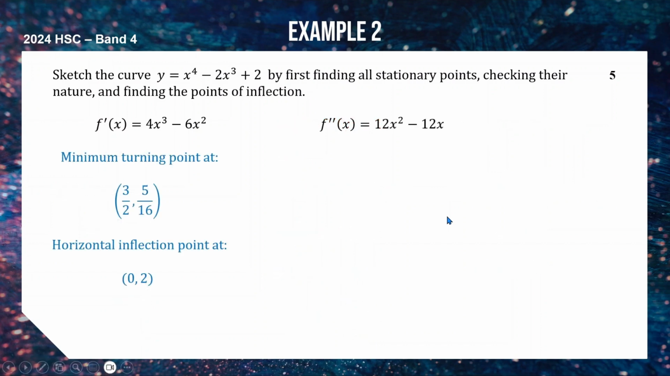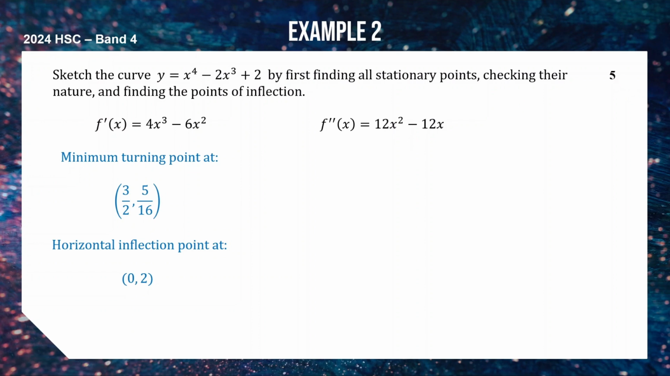Okay, so now what we need to do is just summarize a bit. We've got our minimum turning points here. We've got our horizontal inflection point here. Now the question said finding the points of inflection. That's definitely implying to me that there's more than one inflection point, and we've only found one of them. So to get our 5 marks, we need to find the other one to make our sketch as perfect as